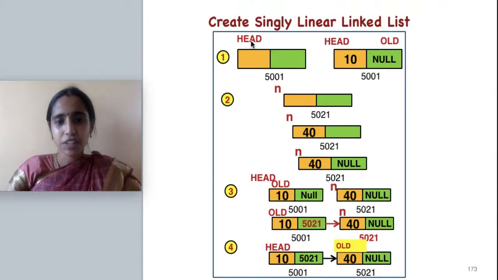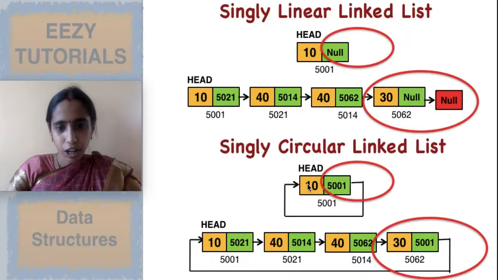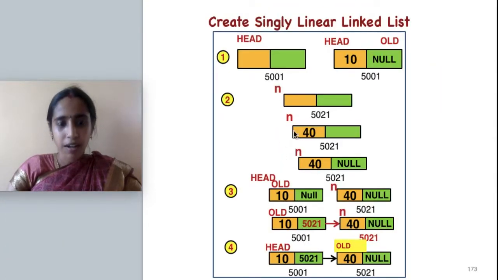In the creation, first you will be creating the head node, then you will be creating new nodes. While creating head itself, what change do we need to do? Head's next should point to head itself. Then when you are creating consecutive nodes, you will be creating a new node whose next part will be pointing to null. As an extra task, you have to make the next part hold the address of head. Otherwise, you have to do the same task.